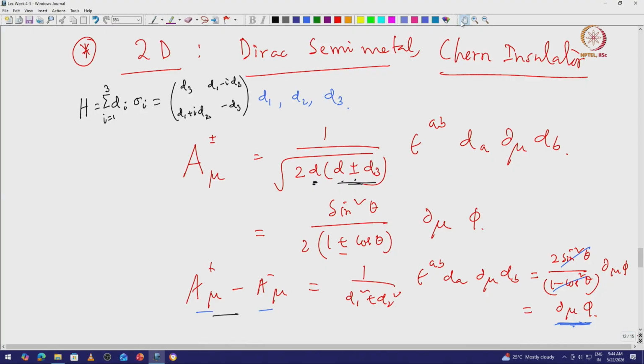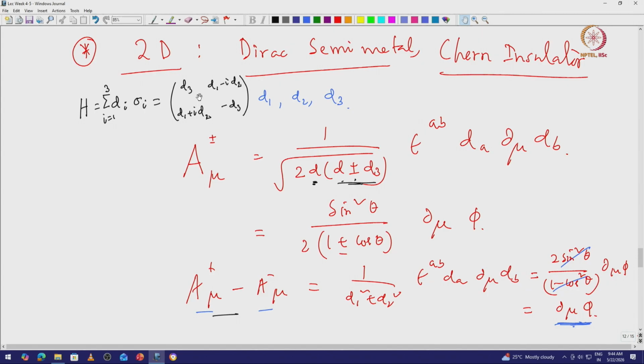So, welcome back everyone. We are studying the NPTEL course on topological phases of matter, and we have taken the example of the Schrieffer-Heeger model for one dimensional topological insulators, and now we are discussing the two dimensional case. Two dimension means kx and ky, two spatial dimensions, and we have taken a Hamiltonian, so 2 by 2 Hamiltonians are what we are still studying,